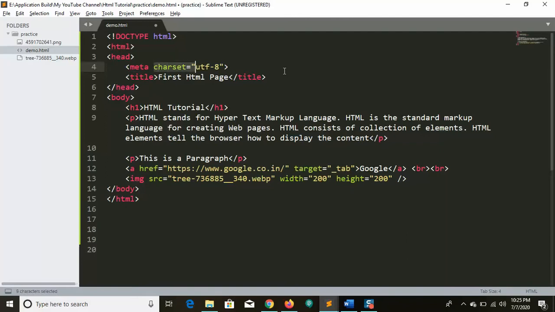For example, here it's saying that this HTML page should use characters in UTF-8 format. So what is UTF? Universal Transformation Format, 8 bits. So the characters, meaning this text, should be in this 8-bit format.